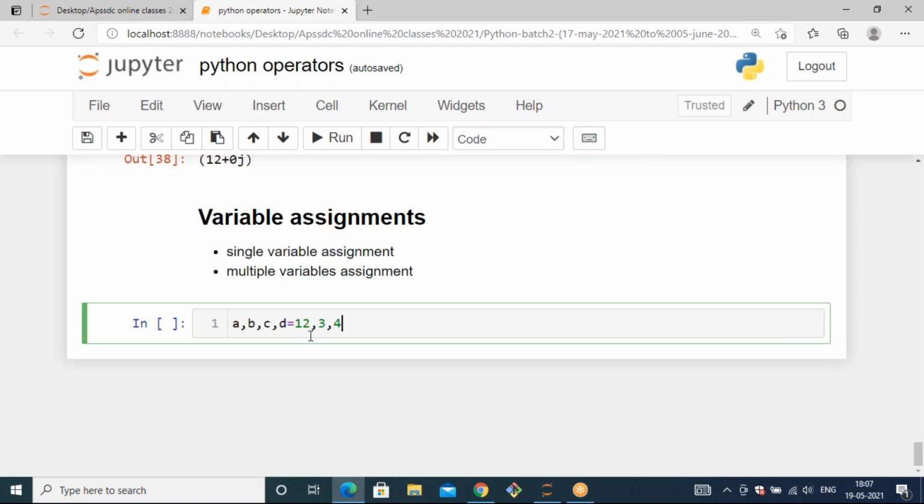Can you tell me what is the data stored by d? 0. Where is 0 coming from? We have not defined 0 here, but how can you say that d has 0? If we don't define anything, what will we get? An error, ma'am.